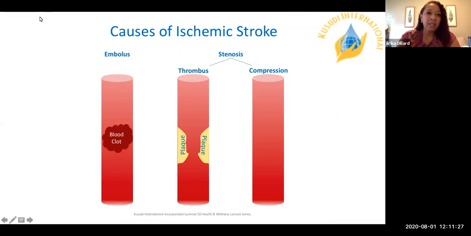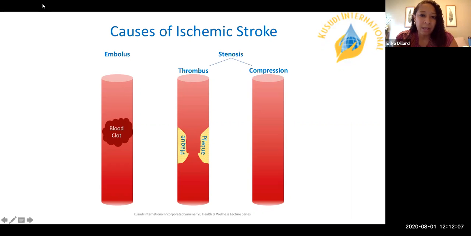Looking at this in a little more detail, I want to drive home what ischemic strokes really look like in terms of their pathophysiology. On the far left, all of these are arteries. There, you have a clot that has moved into an artery. At a certain point, it gets lodged inside that artery, and blood is unable to flow from below the clot to above it. That clot probably came from some other location, and may have passed from the heart up into the arteries that supply blood to the brain. These are called emboli, and they are very common in patients who have underlying cardiac disease like AFib, atrial fibrillation, or other rhythm abnormalities.